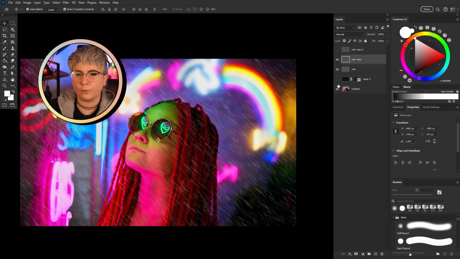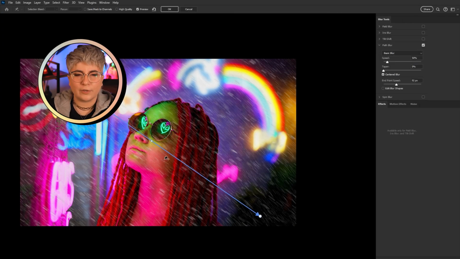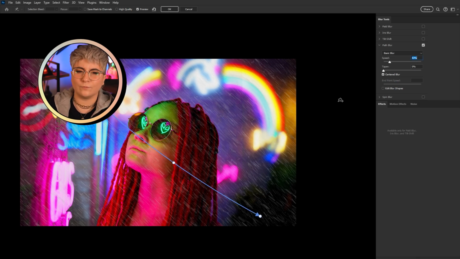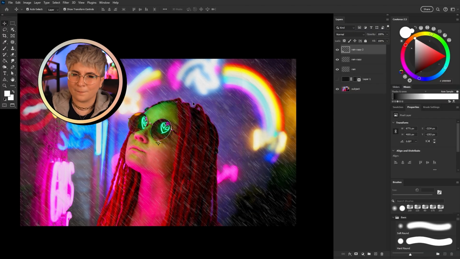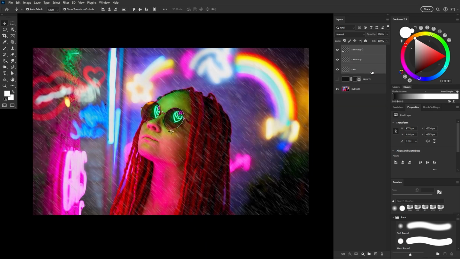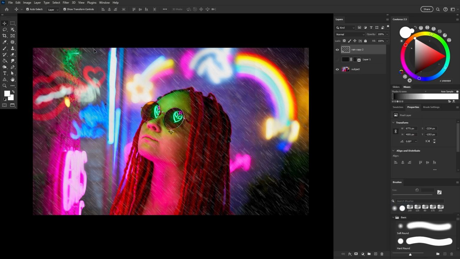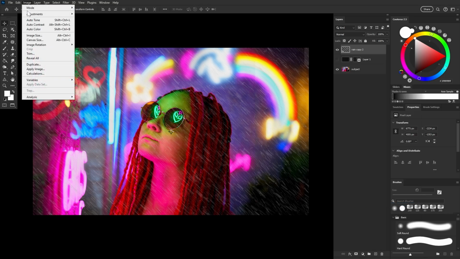And we also want to pull the path blurs in slightly different directions so the rain doesn't end up looking too flat or static. Rain has a lot of movement to it. And I'm going to merge these layers together once I'm happy. You can always duplicate the layer if your rain looks a little too light. But most importantly, I like to go to Image, Adjustments, Hue Saturation.